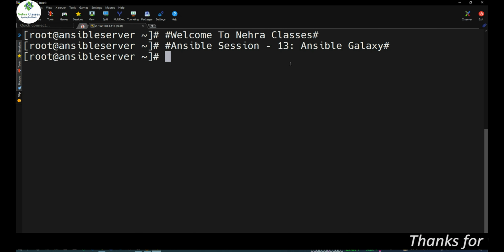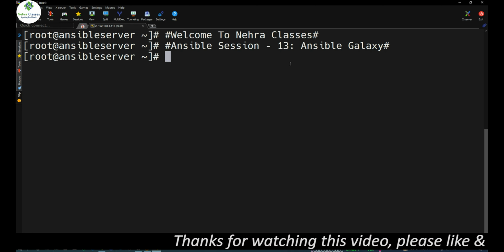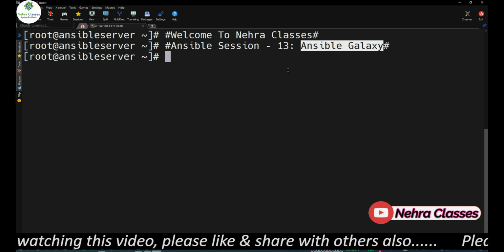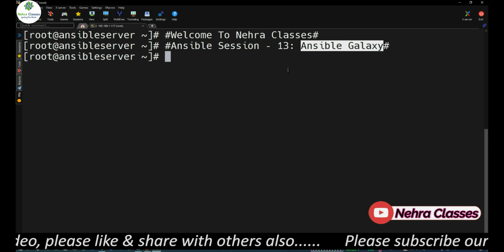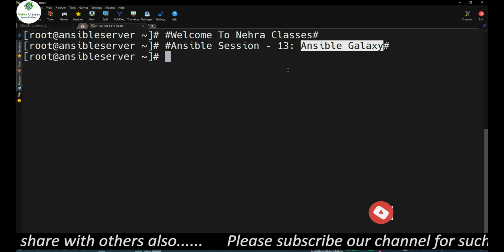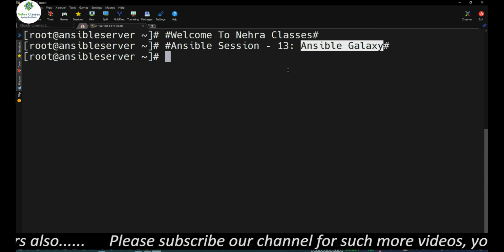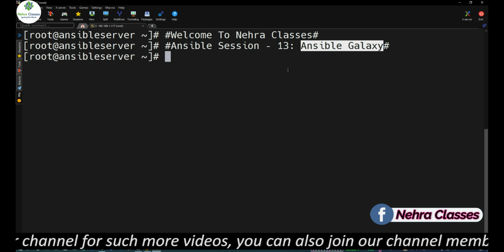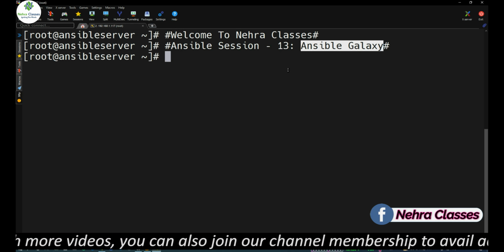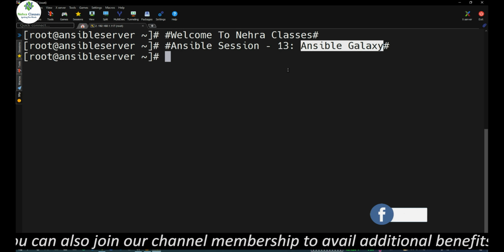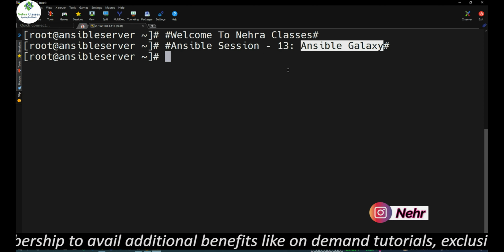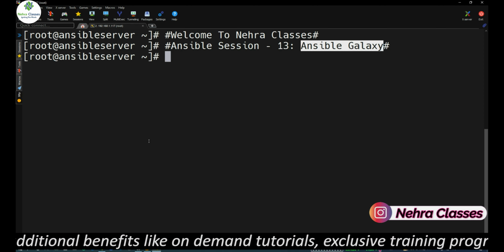Before I start the session and show you how to upload the roles on GitHub or on Ansible Galaxy, we will first understand what Ansible Galaxy is. Actually, Ansible Galaxy is a repository for Ansible roles that are available to drop directly into your playbooks to streamline your automation projects. Ansible Galaxy is a Galaxy website where users can share roles, and a command line tool for installing, creating and managing roles. So let me show you.